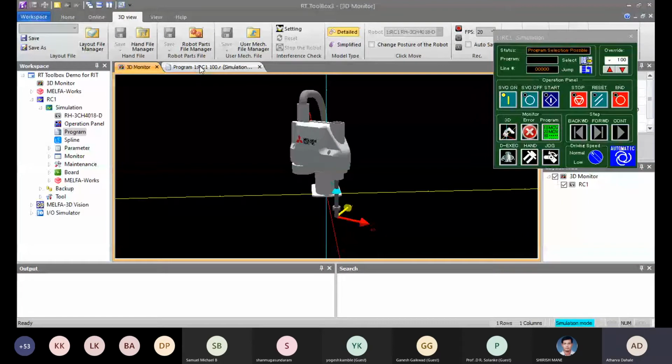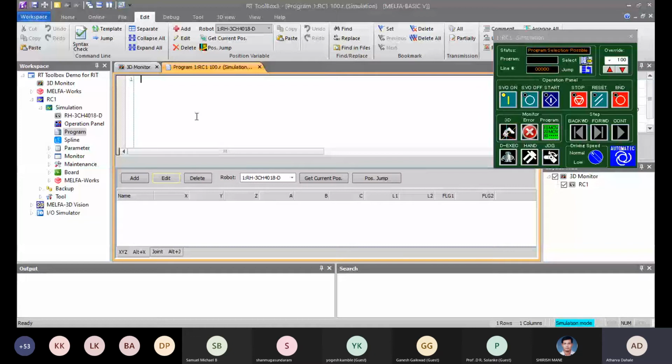Okay. So for joint operation of the robot, the instruction we are using is MOV, that is move. And for linear operation, so we want the robot to make the square. So for that, we will be requiring the linear operation of the robot.